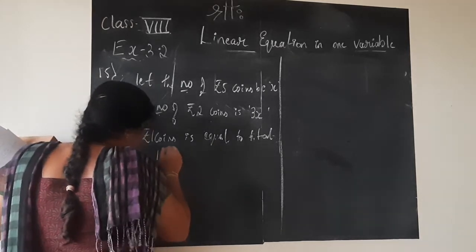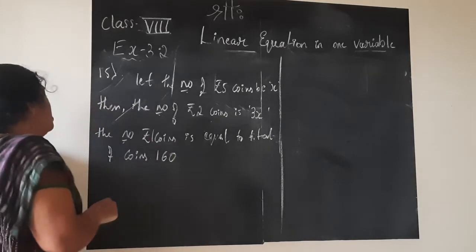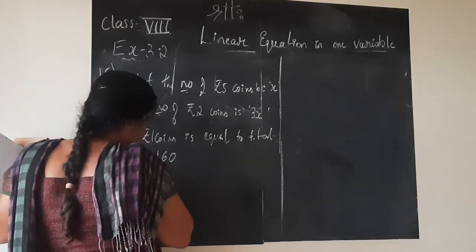How many total coins are there? 160 are there. So the total number of coins is 160